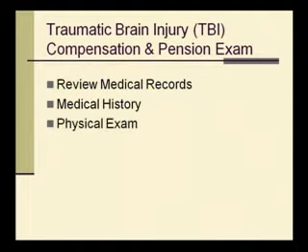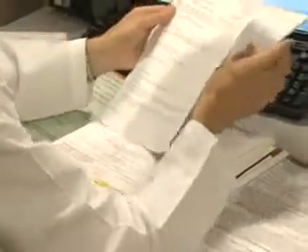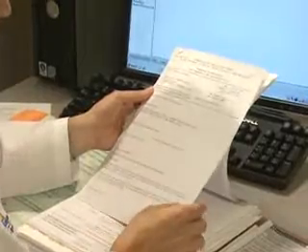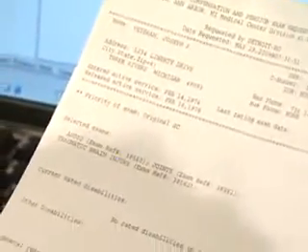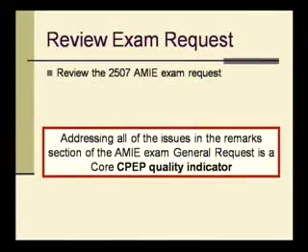Now that we have presented the criteria and severity rating for TBI diagnosis for C&P purposes, we will review how to conduct a C&P TBI examination by following the TBI worksheet. As for any C&P exam, the first thing the examiner does is review the 2507 AMI exam request from the regional office. Addressing all of the issues in the remarks section of the AMI exam request is a core CPEP